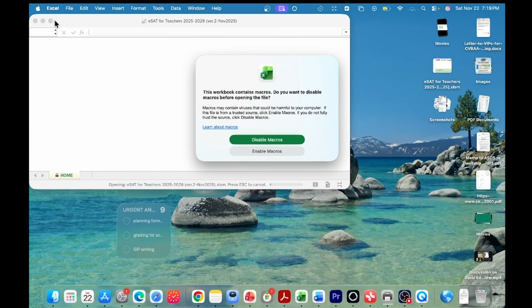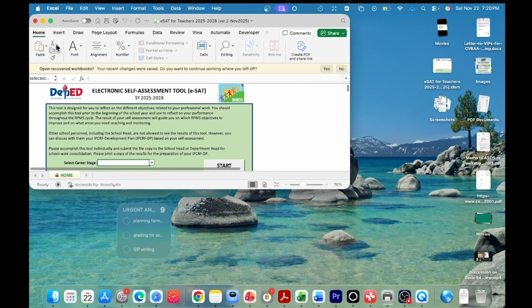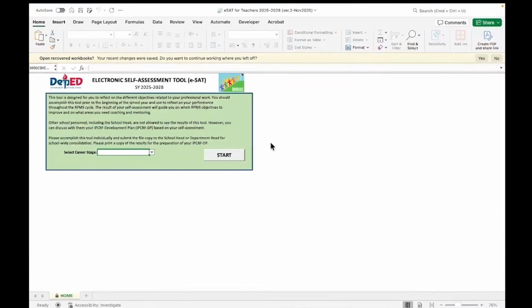Go ahead and double click it. You are redirected to this particular dialog box. Do not forget to click Enable Macros. Enable it, because macros are basically the programming of Excel. It will help run the macros that will help you automate the process of filling up this electronic self-assessment